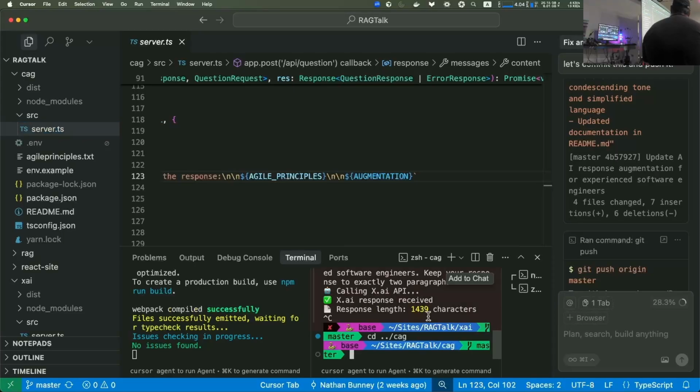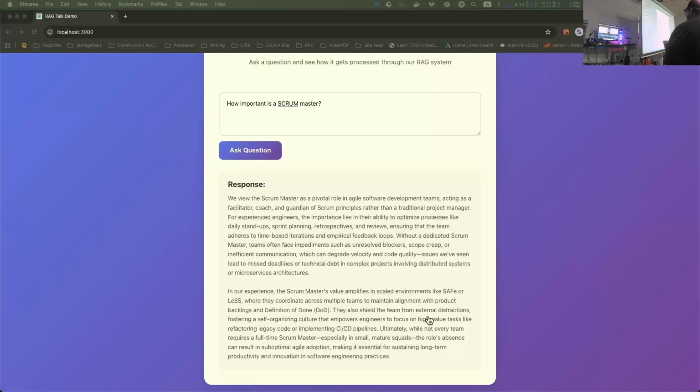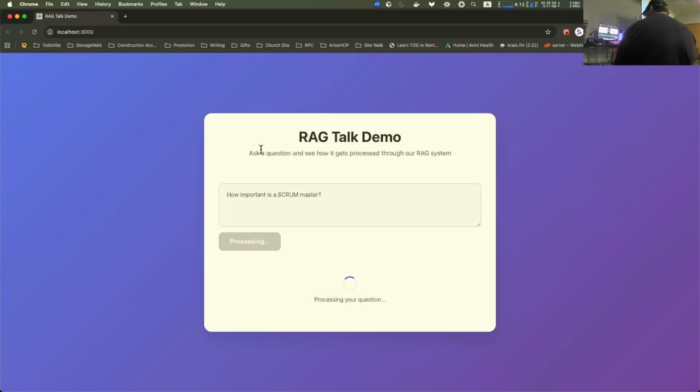So I'll go ahead and run this one and ask the same question again. You're going to probably see something in there about building teams around motivated people.